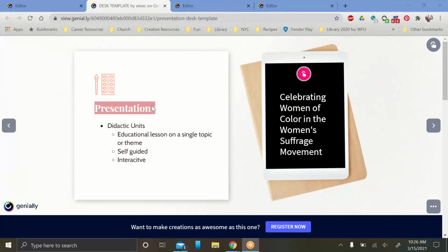The other use I've used this for is presentations. And one of the ways I've used this is these didactic units. Sherilyn, I can see you laughing behind your hand. You're terrible. Anyhow, education. So these are like educational lessons that are sort of like self-guided. And